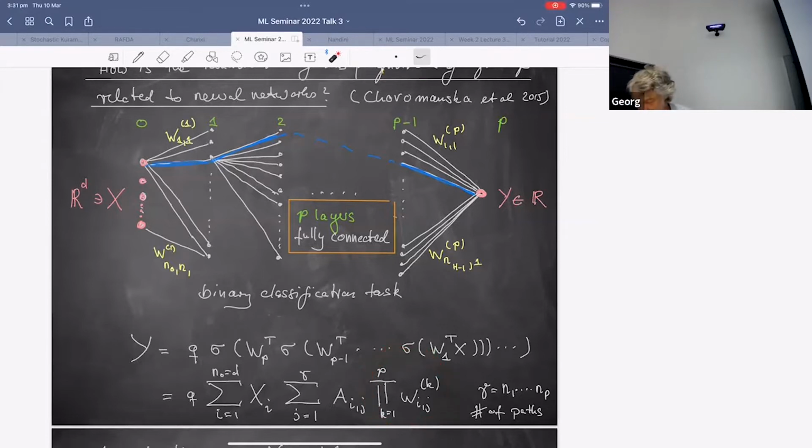So W_ij,k, where k refers to which layer we are in, and j again refers to the path, so 1, 1, 1, 1 would be up here. And then this A_ij is just either 0 or 1. If you're active, you're 1. If you got zeroed out by any of the values along one path, you're 0. So we've just rewritten it.